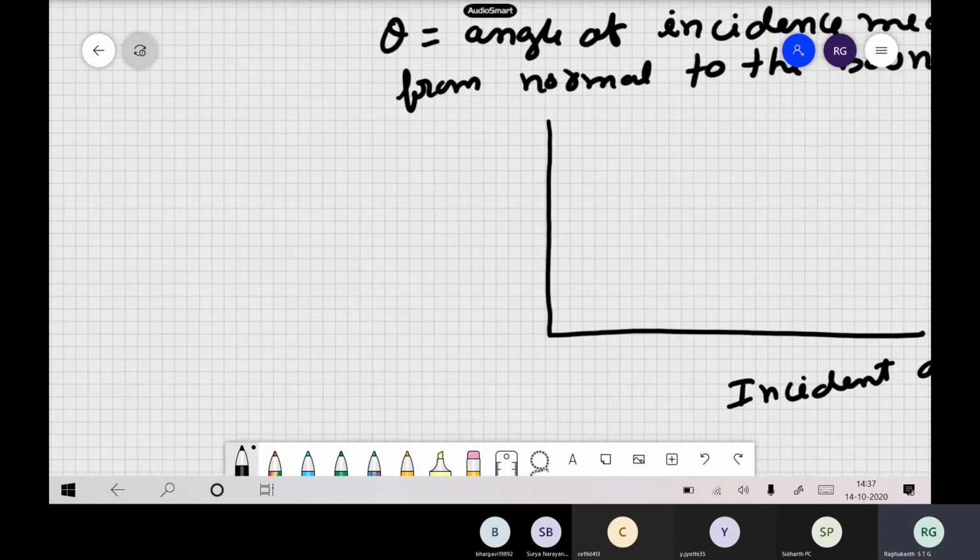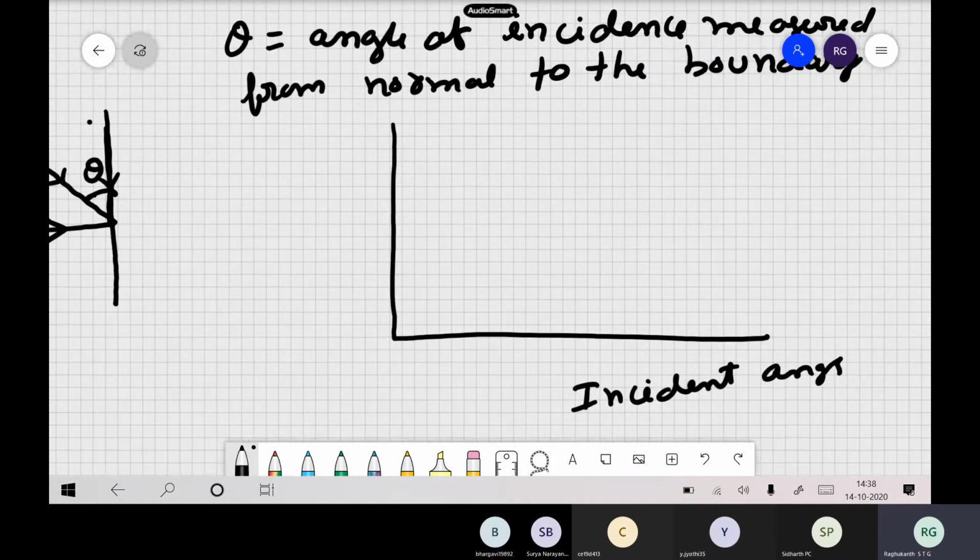So what theta does is like this. Suppose this is our boundary, and let us say a wave is coming like this. So this angle is theta. Now, what is theta for this type of wave? Suppose a wave is hitting like this, then theta is 90 degrees actually. Suppose the wave is hitting just along the normal, then theta is 0 degrees.